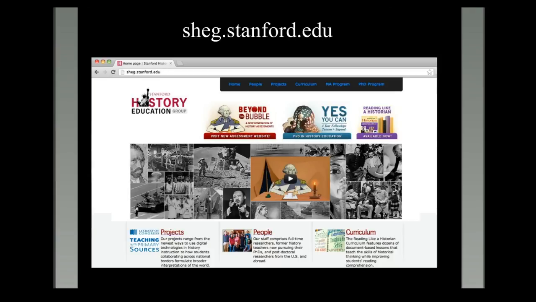This is a screen capture of our old sheg.stanford.edu website. In the bottom right-hand corner, you can see the link to a curriculum. And so in the fall of 2009, we released the Reading Like a Historian curriculum, which at that time was composed of 75 U.S. history lessons, which focused on having students engage in historical inquiry, to ask them to read